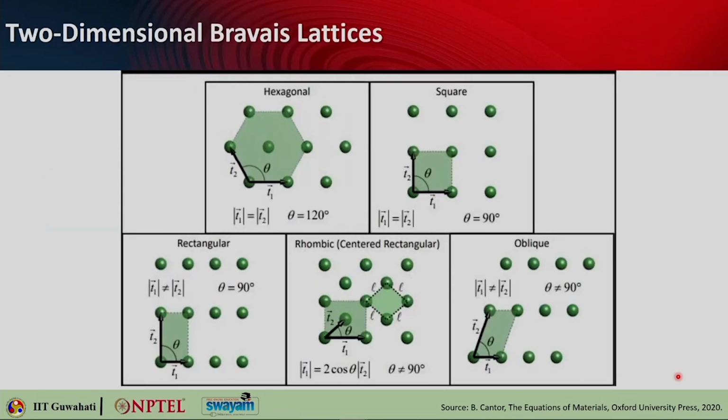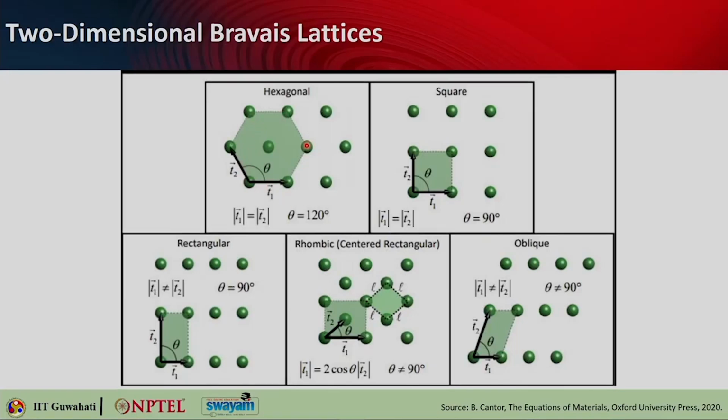Let us look into some of these examples. If you take 2D Bravais lattices, here you see this is one lattice. Look at the arrangement here, this is basically hexagonal. You see the green shaded region that shows a hexagonal shape. At each of these points, what is sitting there? It is a sphere or an atom, or any other shape can sit here, to make this particular